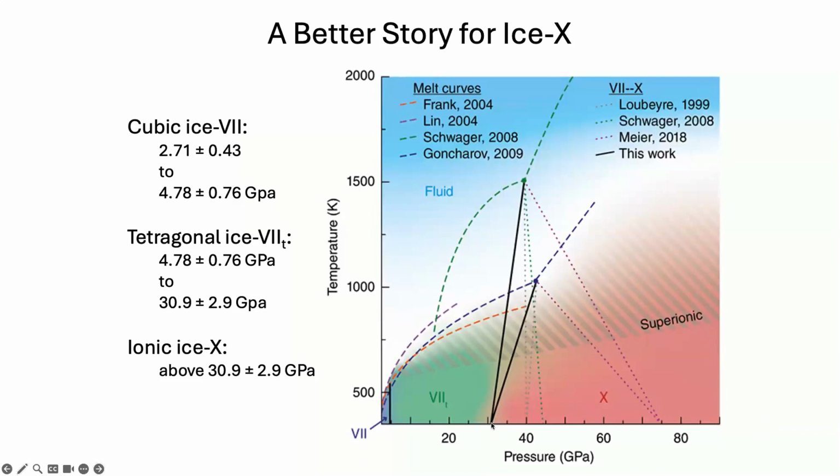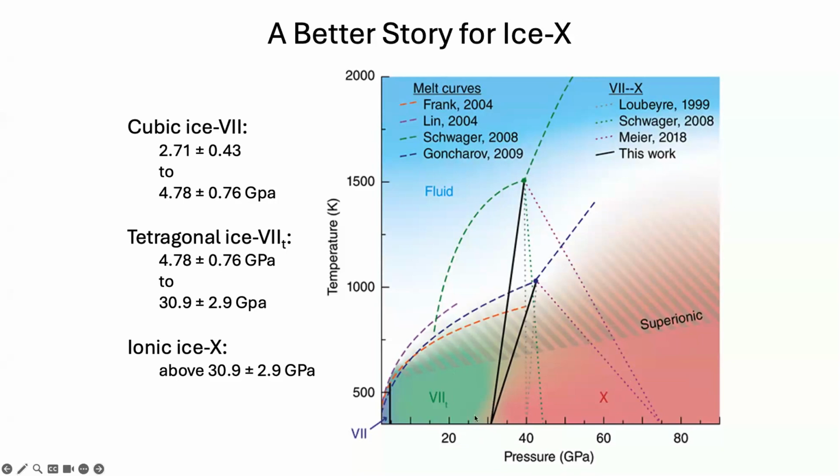Having the measurements that were this low actually makes a number of improvements in the theory as to why. The issue was that it's really unusual to have this transition up here at like 80 GPa, because then the phase boundary between ice 7 and ice 10 has the wrong Clapeyron slope direction. It's not that it's unheard of, but it's unusual. And having the transition at lower pressure requires a lot less explanation by the theorists as to